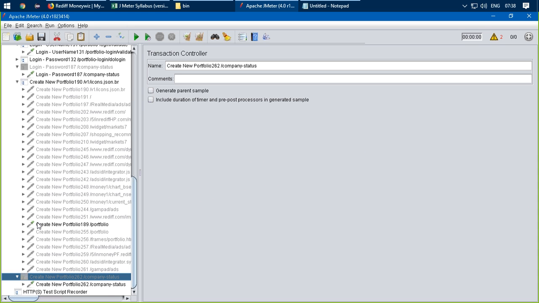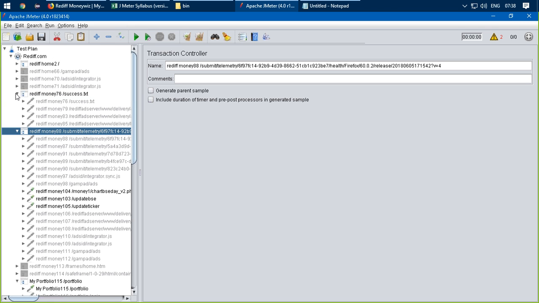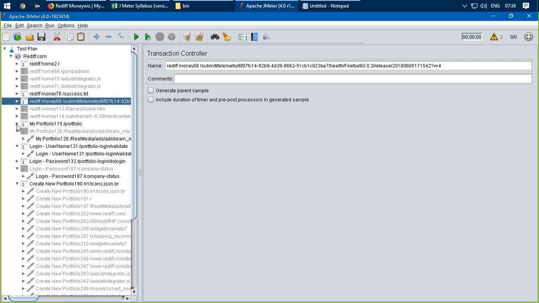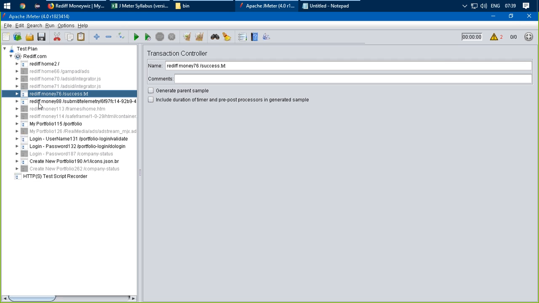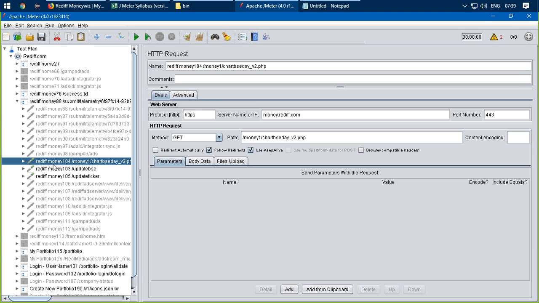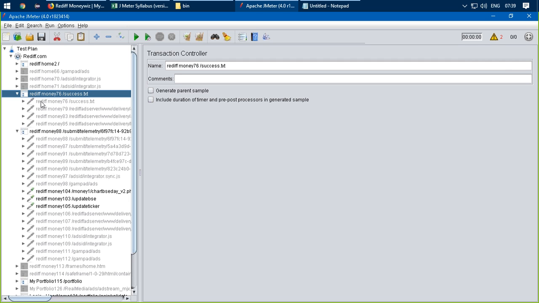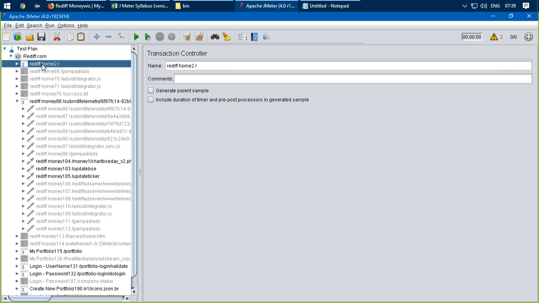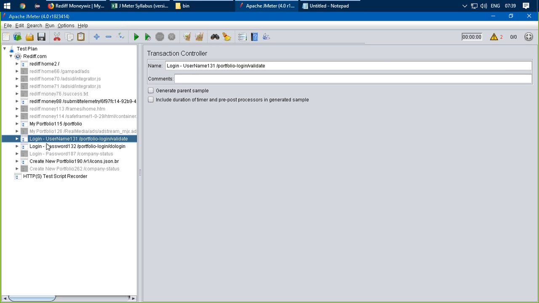So if you notice over here, the steps are home, money, then inside money, let me just unexpand everything. Okay, so now see home, after that money, then again there is something money metric, why is it twice? Okay, it has not been disabled. Control T. Okay, so we're going to home, then we are going to money, and after that we're going to my portfolio, then we are providing the credentials,